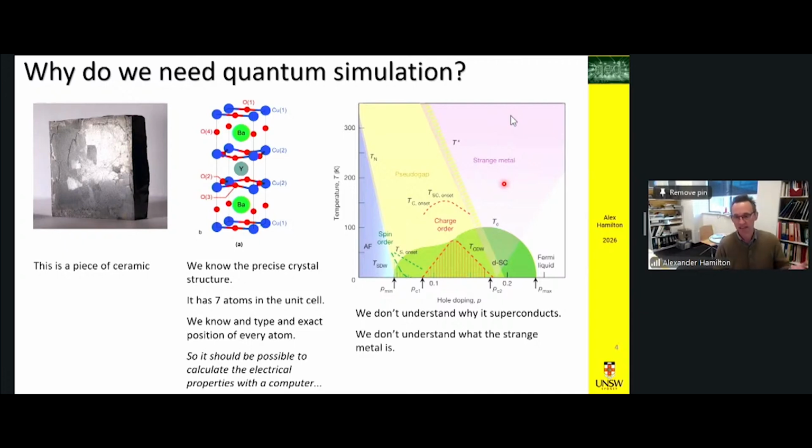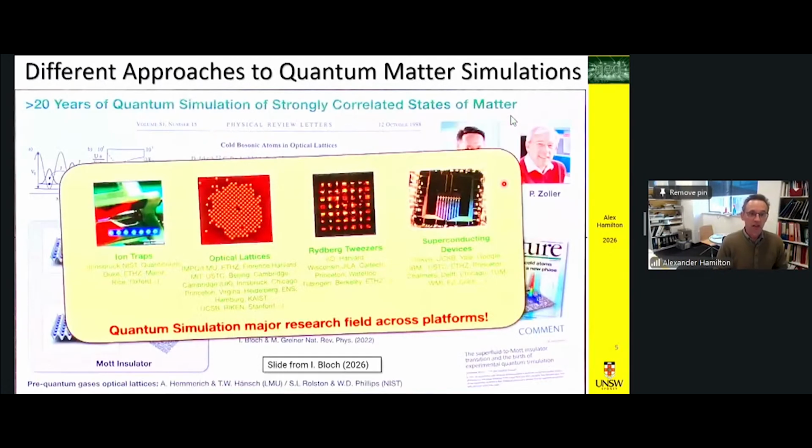And of course, that is the joy of quantum mechanics. So for a long time, there have been suggestions, for more than 20 years, that if you wanted to simulate these systems, whose properties are emergent because of strong correlations between the electrons in the material, maybe you could use a controlled quantum system to simulate that